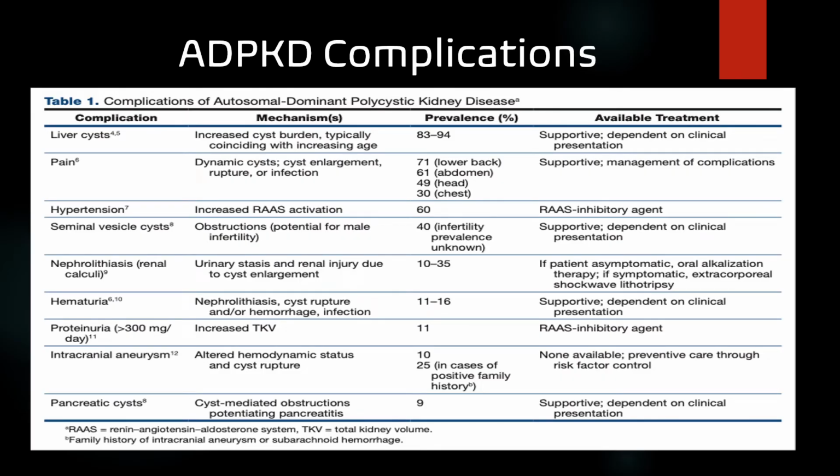In context of ADPKD complications, there can be complications by mechanisms, and aligned with the mechanisms, at least from a documented point of view or point of practice, the prevalence around particular mechanisms has been documented